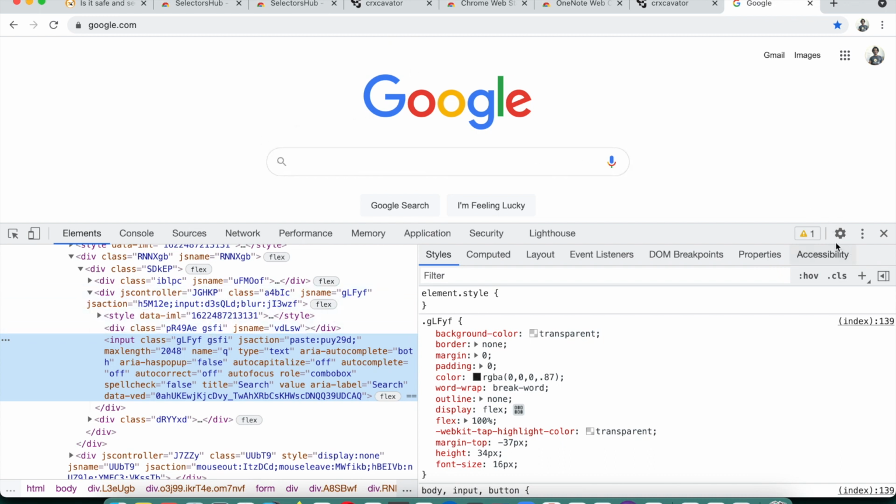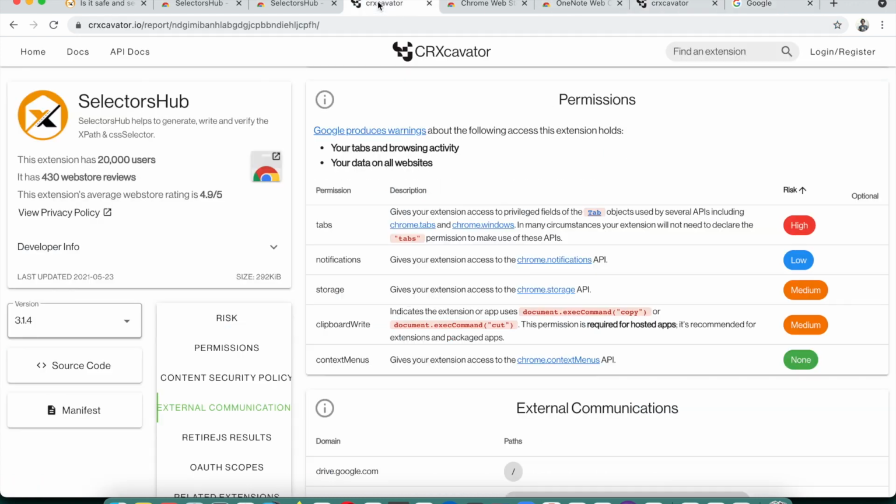Why? Because when you open SelectorSub, it needs to query your DOM for XPath and CSS selectors, to verify XPath and CSS selectors and to generate them. That is the reason the tab permission is required.